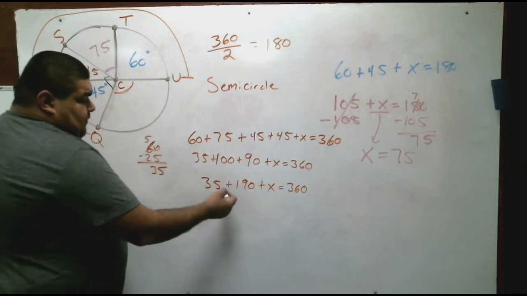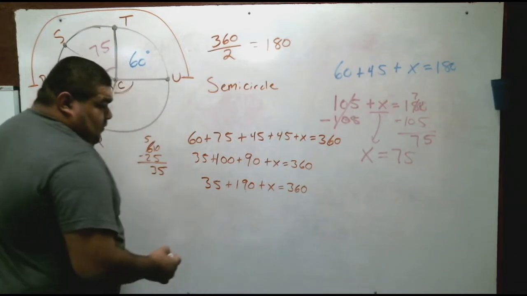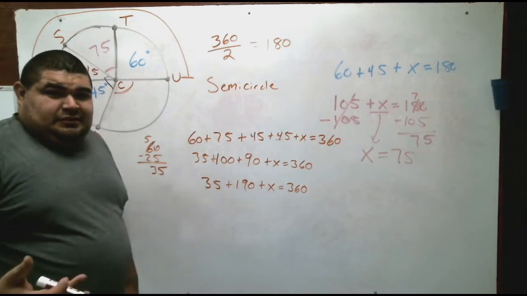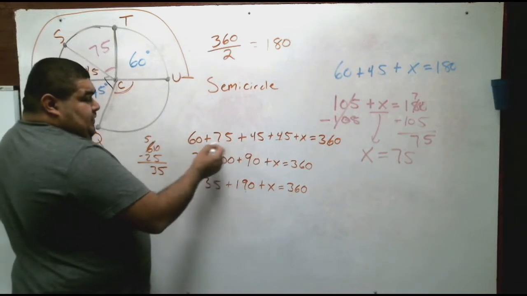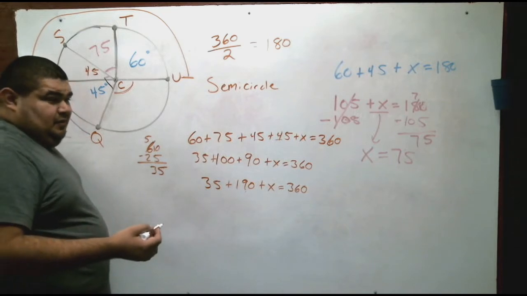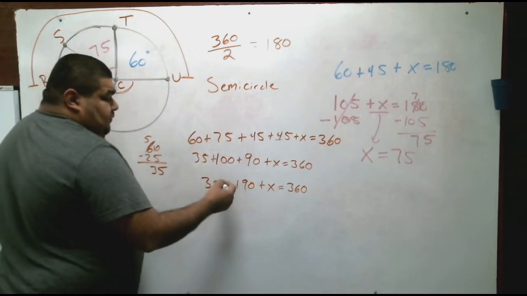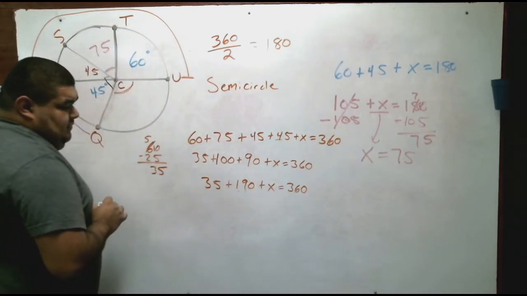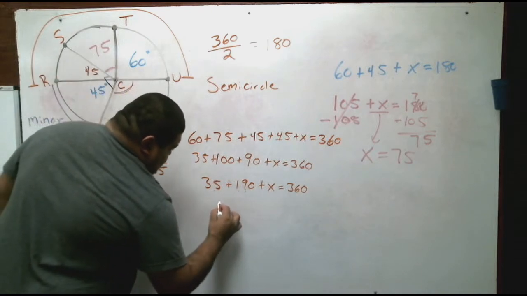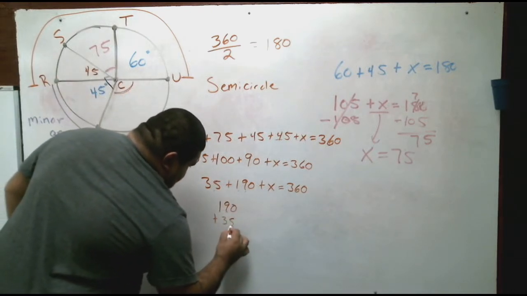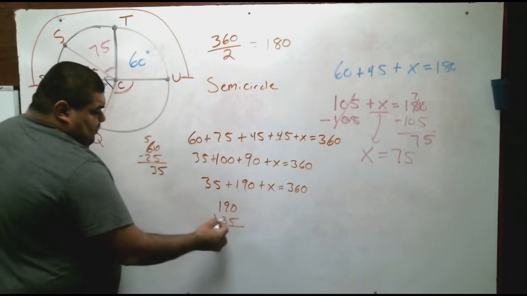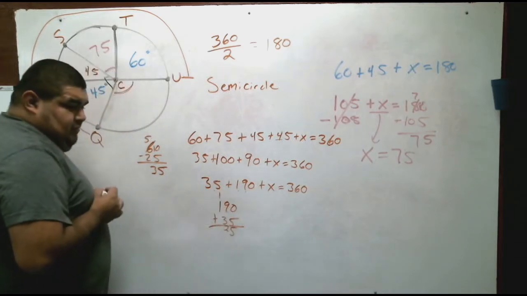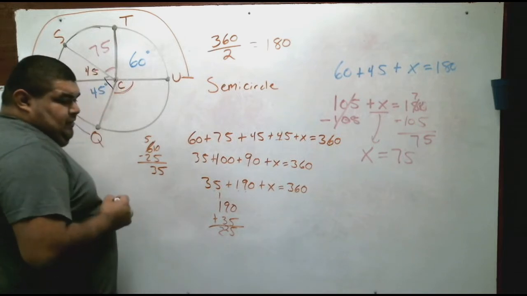In order to not deal with that 35, we can actually add it to the 190, okay? If you're more comfortable just adding all these numbers from the beginning, go ahead and do it. If you're not familiar with numbers that have 5s in there that are not whole numbers, you can always make them full numbers. So we have 190 plus 35, this is the old-fashioned way. 0 plus 5 is 5, 9 plus 3 is 12, and then 1 over, which is 225. So we have 225